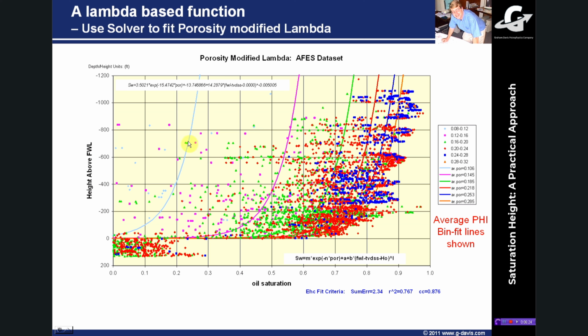So the porosity of this blue line, for example, is 10.6 PU, which happens to be the average porosity of all the data that occurs in the 8 to 12 PU bin. Similarly, the magenta curve here is at 14.5 PU, which is the average porosity for all the stuff that occurs between 12 and 16 PU, and so on. So as we get increasing porosity, increasing rock quality, the porosity that goes into the equation of this line is 0.253, which is the average porosity between 24 and 28 in this data set.